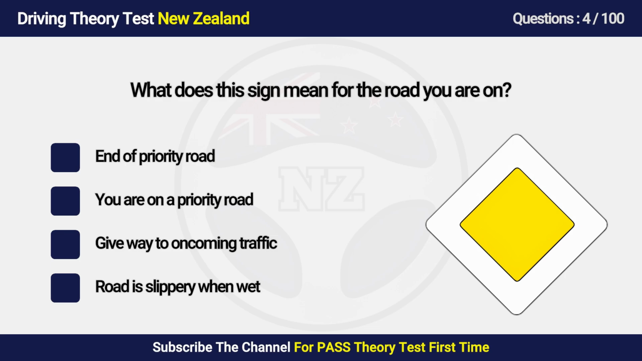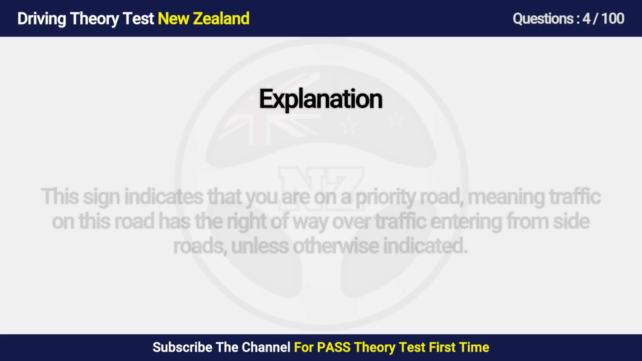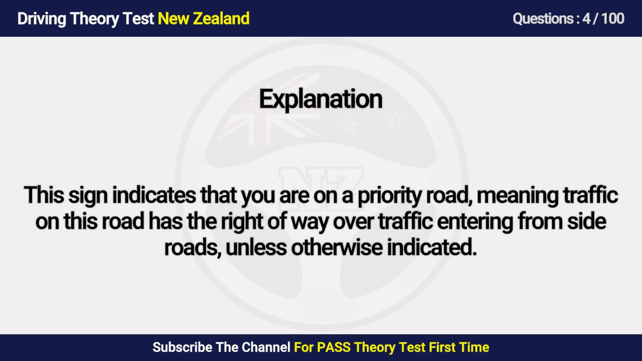A. End of priority road. B. You are on a priority road. C. Give way to oncoming traffic. D. Road is slippery when wet. Answer is B. You are on a priority road. This sign indicates that you are on a priority road, meaning traffic on this road has the right of way